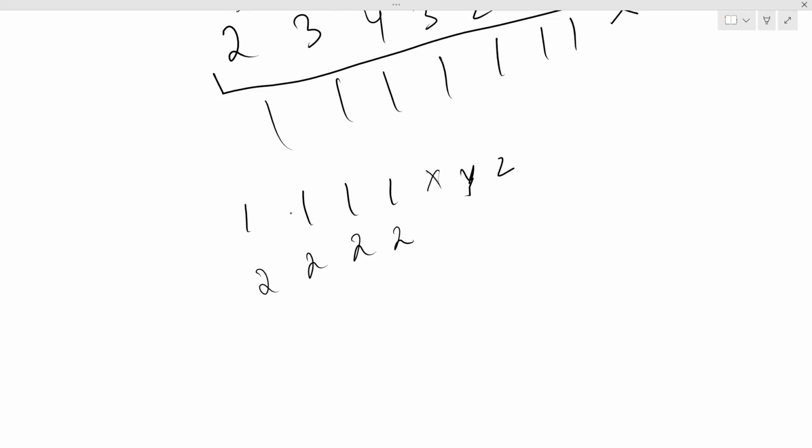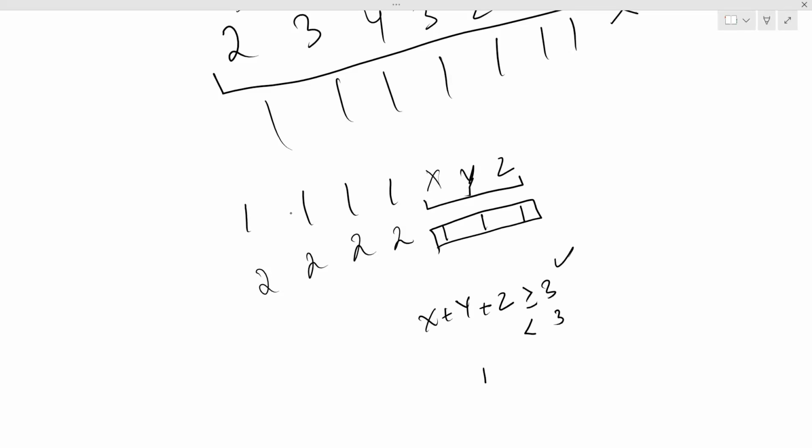Now the thing is, x plus y plus z is left. And what is the minimum that you can have here? The minimum is 1 1 1. So if x plus y plus z is more than or equal to 3, you are good to go. But if this is less than 3, your answer